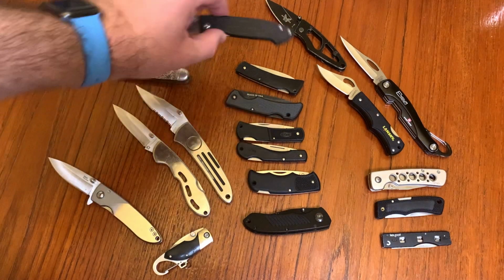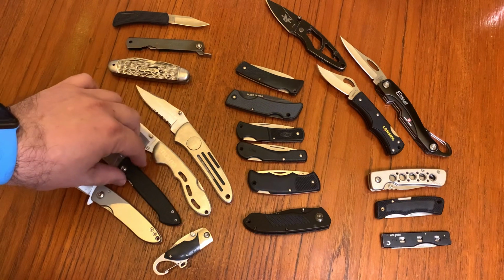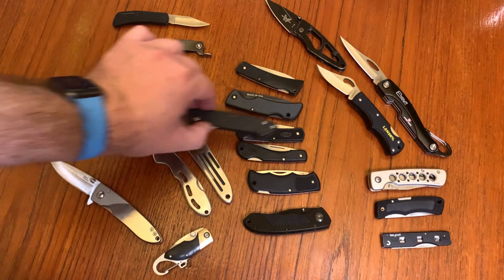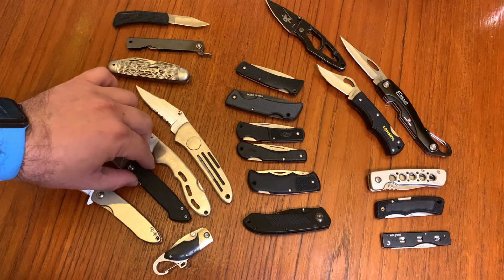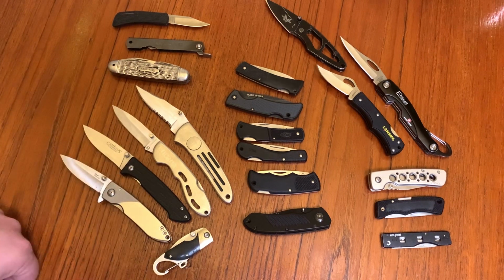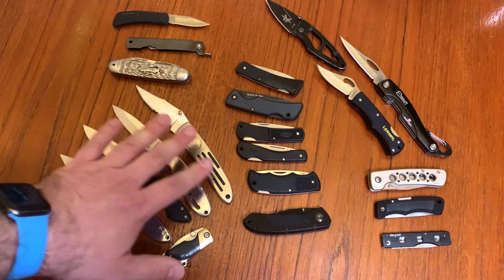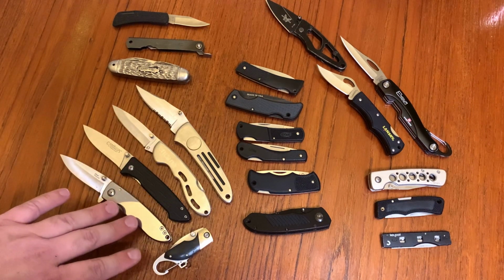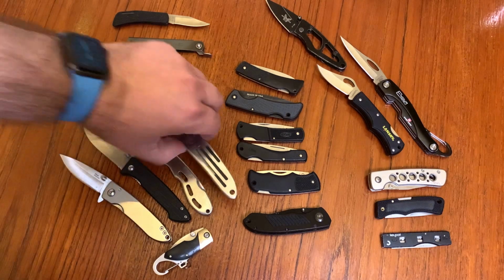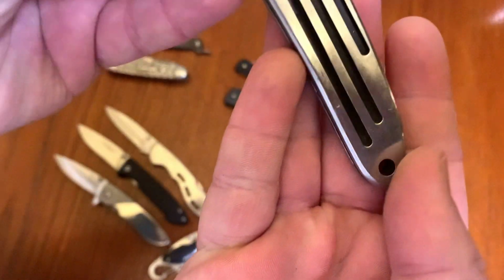Although the brand history of Camillus is interesting and strange and long, and today's Camillus doesn't really bear much relationship to the Camillus of old. But yeah, I think all of these are Chinese, but they're all fine. This one has no branding on it at all. It just says